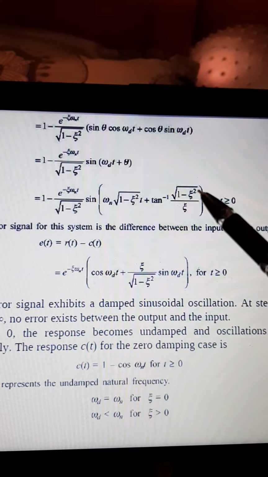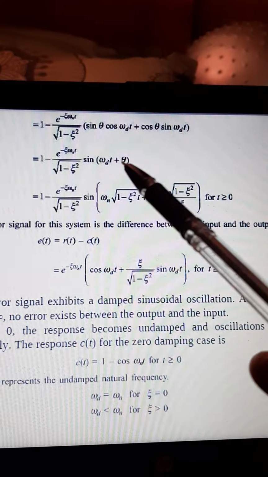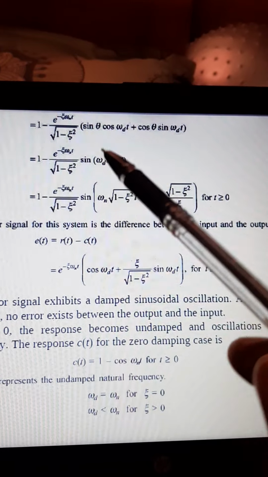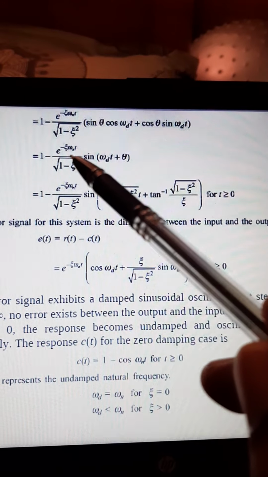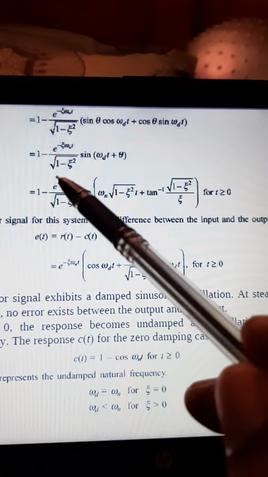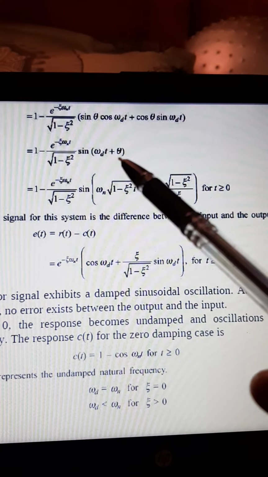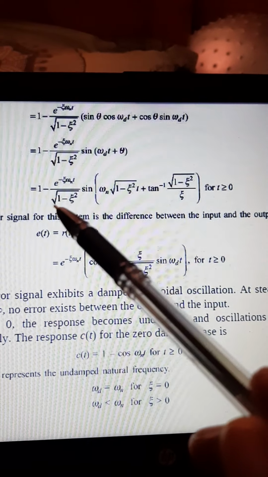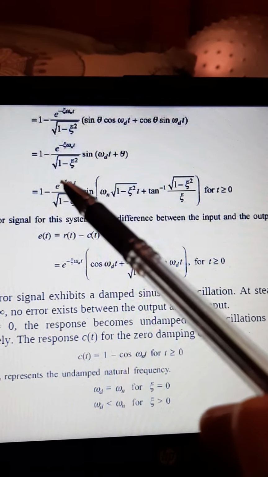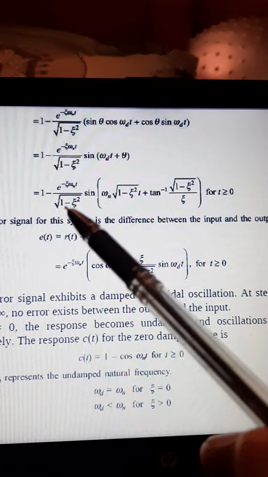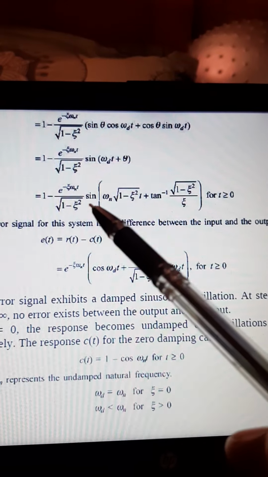cos theta sin pi, you can reduce it to sin of theta plus pi, that formula. So you're getting 1 minus e to the power of minus xi omega nt divided by square root of 1 minus xi square sin omega dt plus theta. This can be written again as 1 minus e to the power of minus xi omega nt divided by square root of 1 minus xi square sin